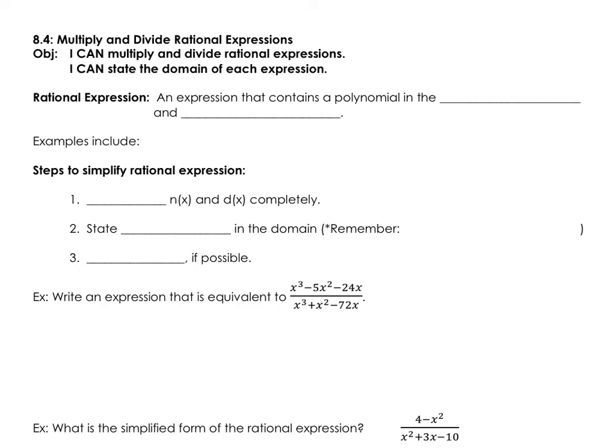Let's dive into Chapter 8 with Lesson 8.4, Multiply and Divide Rational Expressions. A rational expression is an expression that contains a polynomial in the numerator and denominator of a fraction. We will refer to the numerator as n of x because it's a polynomial, and the denominator as d of